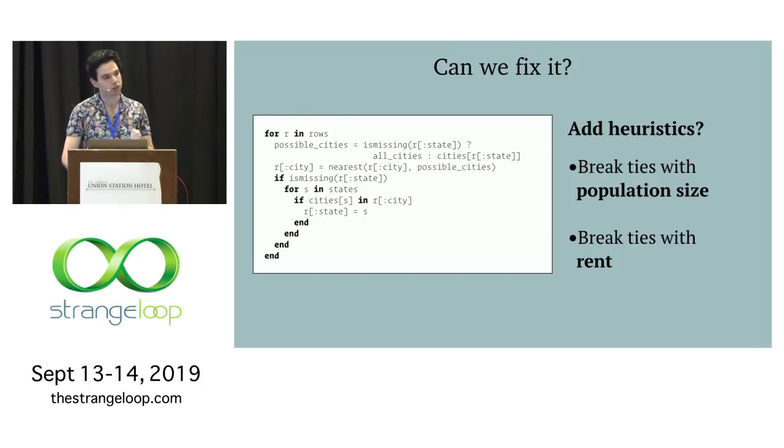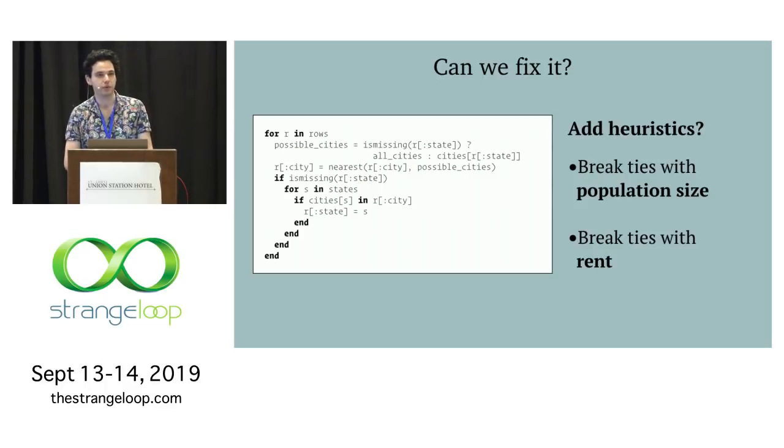But this leads to longer, harder to read, harder to maintain code, especially if we weren't using a toy example here. Because the people who are reading this code weren't necessarily there when we ran the erroneous code. They might not understand the purpose of all of these extra heuristics. And maybe even more importantly, it doesn't tell us what to do when our heuristics disagree with each other. I have two tie-breaking rules here. Well, we can't use two tie-breaking rules, right? What if they themselves create a tie? So this is what might lead us to ask, is there a better way?